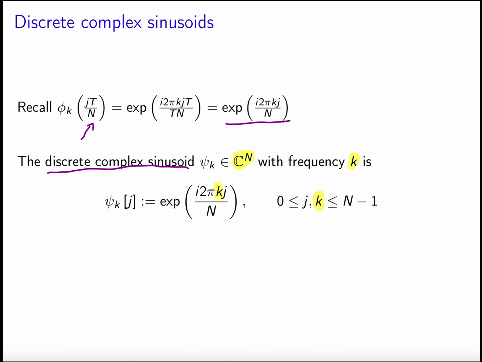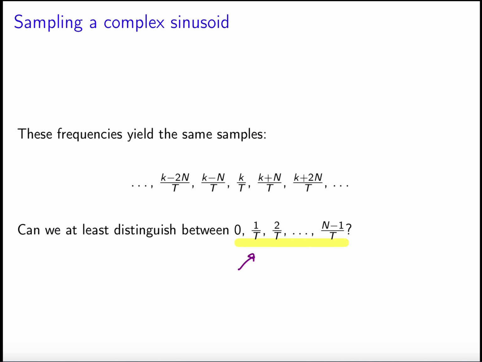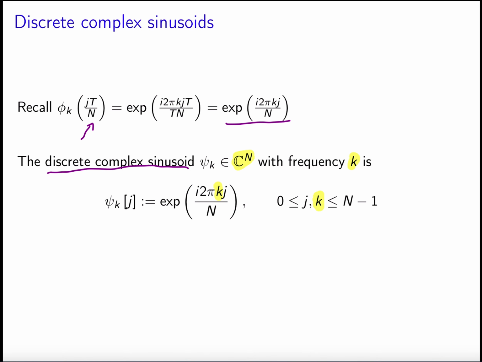K is the frequency. So there are n different vectors that we can define, depending on whether the original continuous frequency is equal to any of these n values. And j, on the other hand, is the index of the vector. So these are vectors of